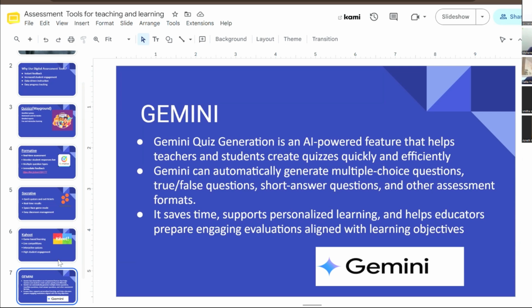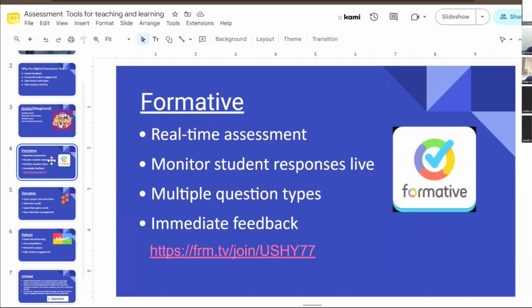Thank you for introducing us to innovative platforms such as Quizzes, Kahoot, Gemini, Socrative, Formative, and all other digital tools that can make classroom assessment more interactive, effective, and student-friendly.